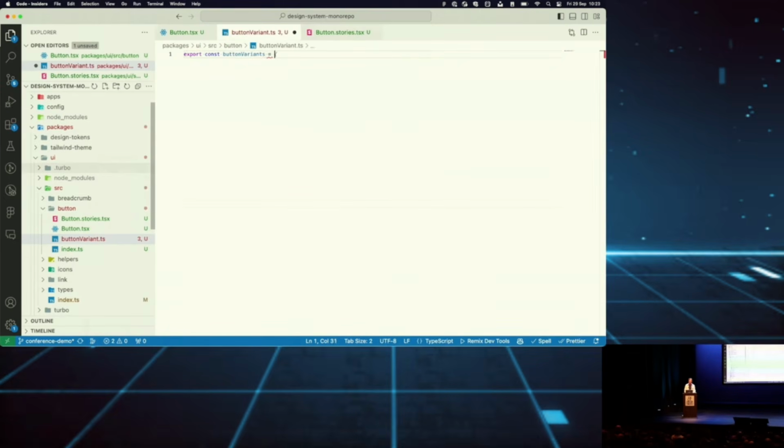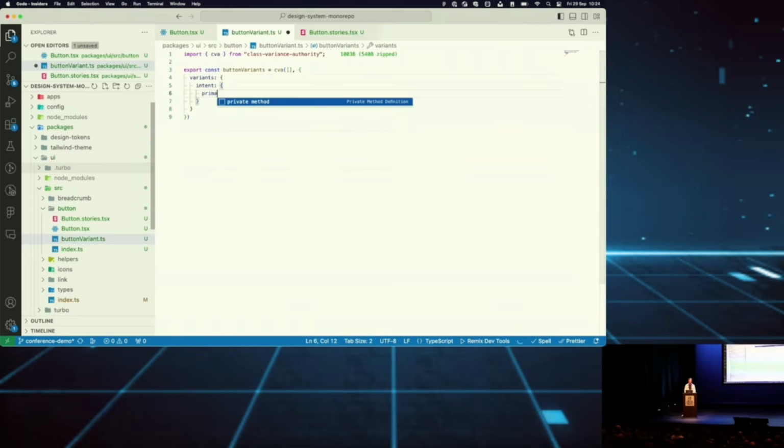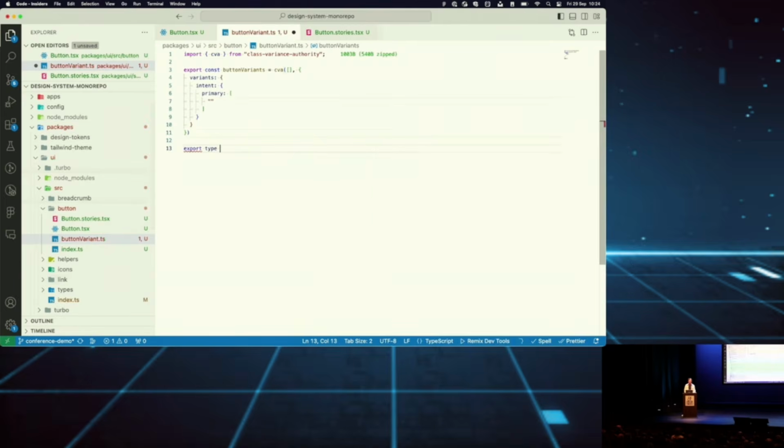I'm also using GitHub Copilot to cheat a little bit today. And I'm also using class-variance-authority to help me render classes. It's a light plugin that just switches classes based on state. So I can define my variants with an intent. We have a primary, for example, and this will just be some classes. I can already create the button variants by using the variants props,